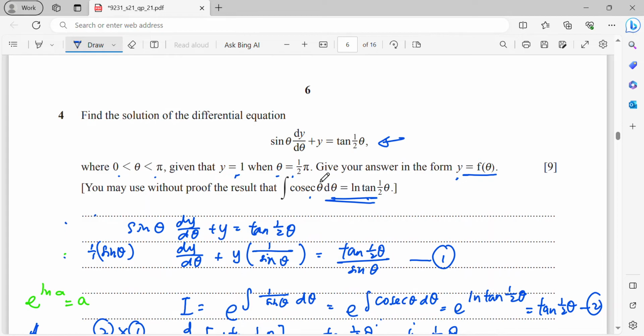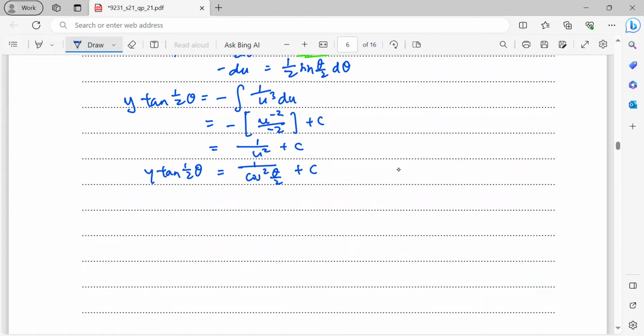So now my y is 1, theta is half pi. That means now 1, tangent half times half pi means pi over 4, equals 1 over cos of half pi, which is pi over 4, then you square it and plus c. So tangent pi over 4 is 1. The cos pi over 4 is basically 1 over square root 2. Then you square it. So for the right hand side, the first term becomes,